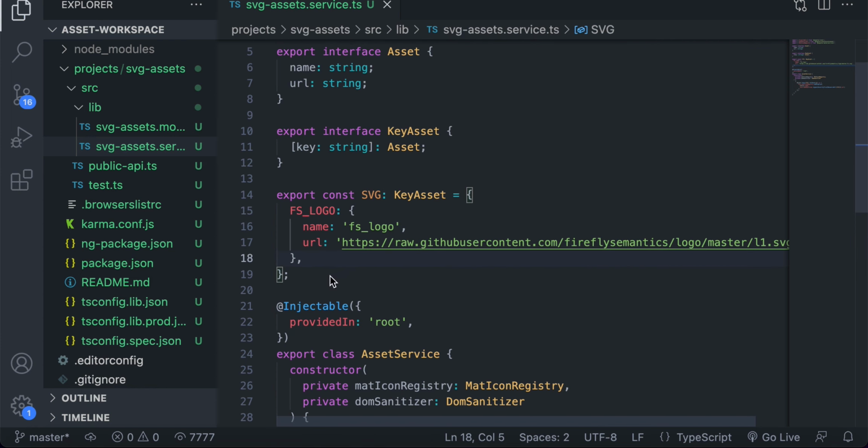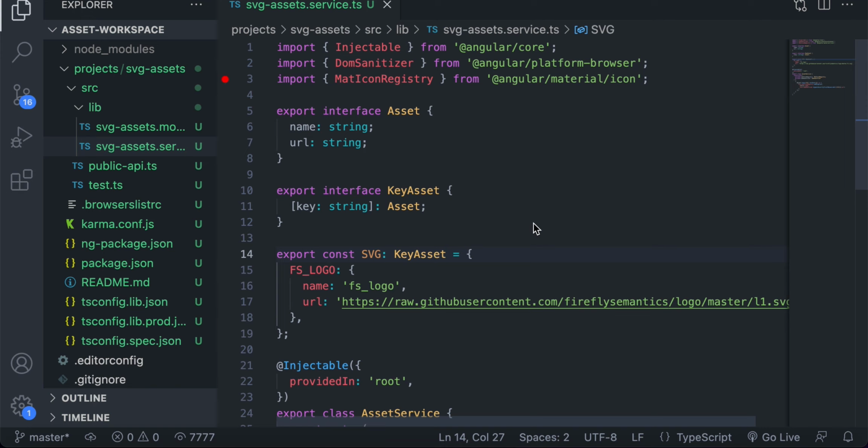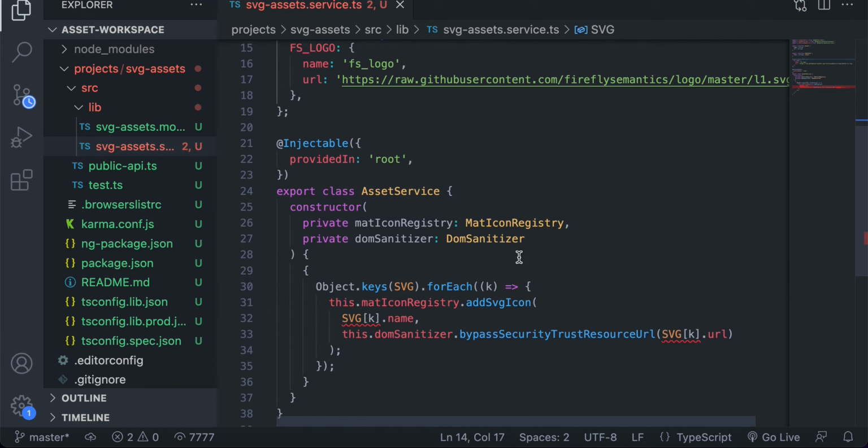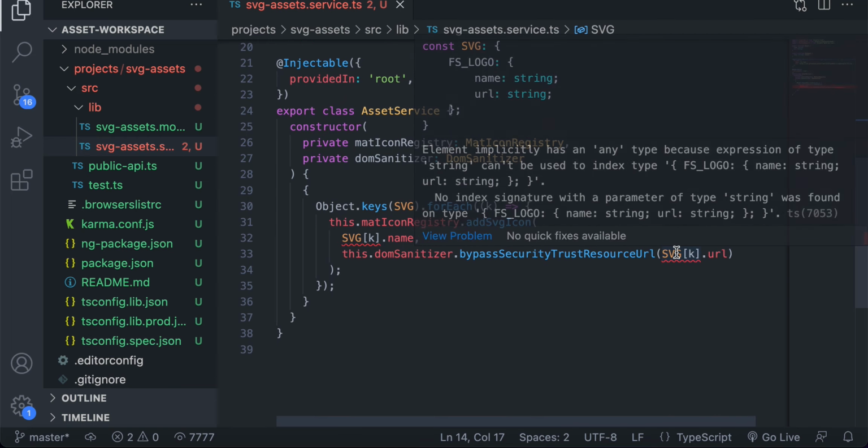Okay, at the top of the service here, we have an SVG object of type KeyAsset. And the reason we have that KeyAsset there is because without it, we get lint errors in VS Code, and we'll show you what we mean. Okay, we're going to go ahead and remove KeyAsset on the SVG object. And when we do that, we see that down here we have this lint error that says